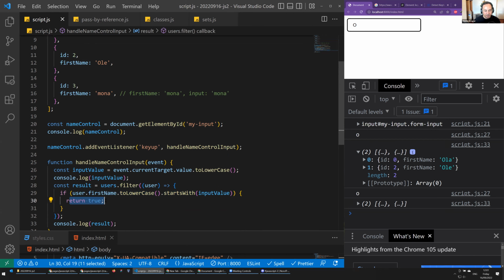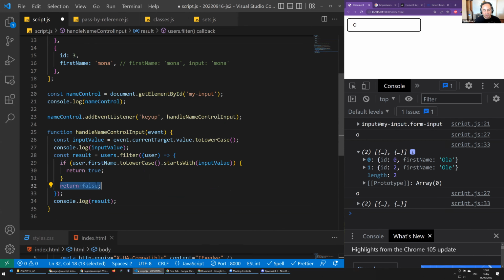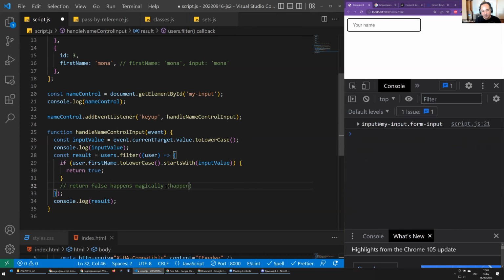If we return true, it gets kept in this resulting array. But if it returns false, it gets thrown out. But this automatically happens. If we don't say anything here, this is happening behind the scenes for us. Let's just say return false happens magically. The answer is actually it happens implicitly, which is just a fancy word for,